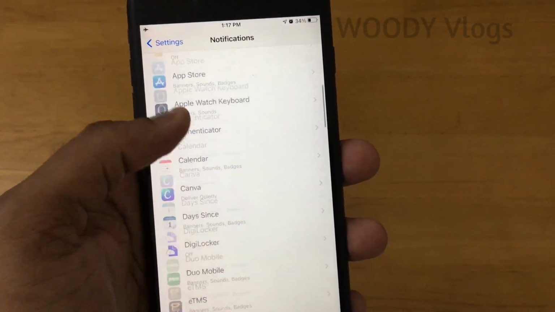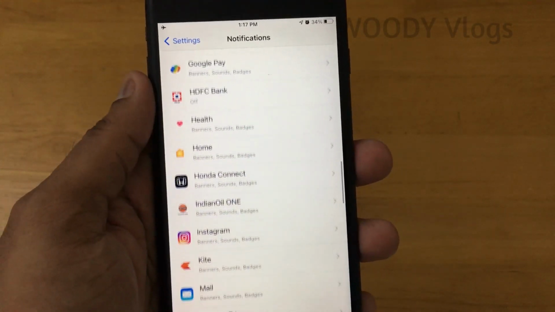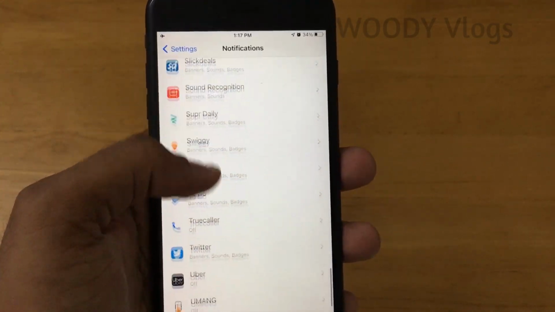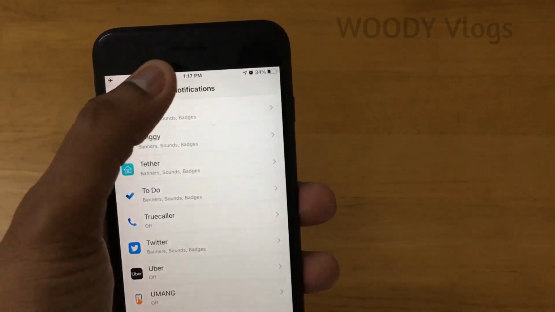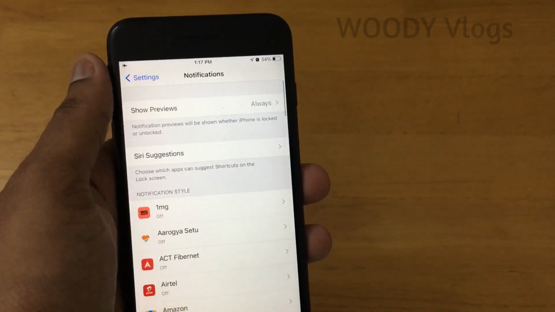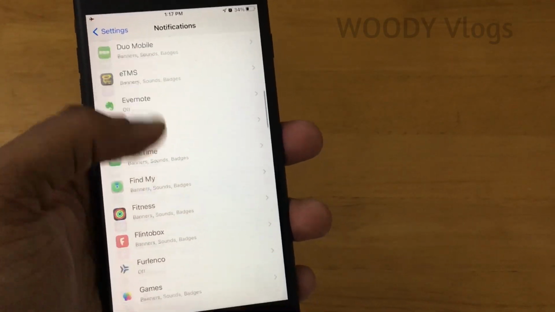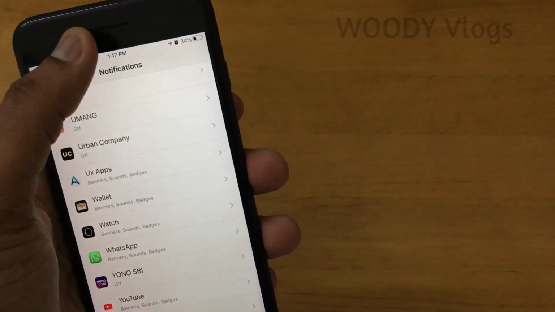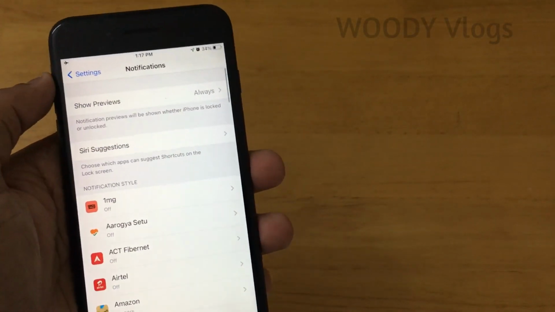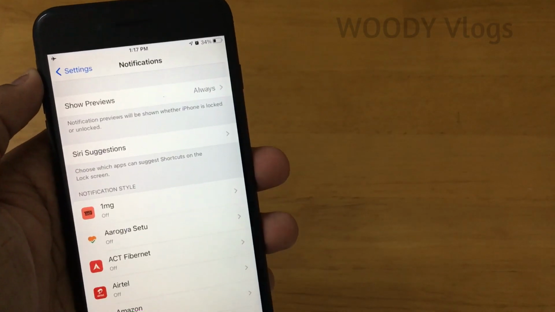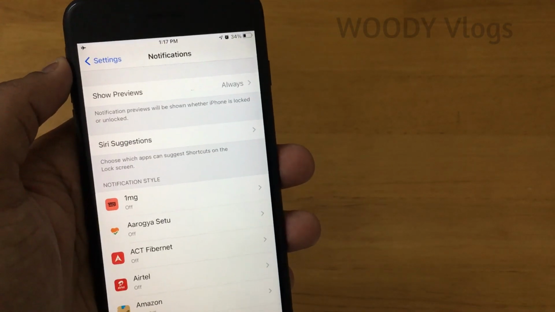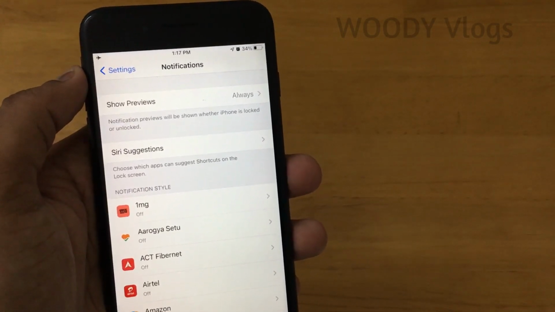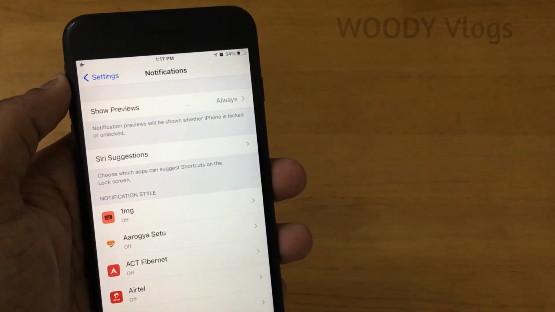Now, this one's my favorite. Out of all the tips that I'm sharing in this video, I would say this one is my favorite one, and I use this almost every day. That is, touch on the status bar to go to the top. Yeah, that's right. So if you're in a long list and you have scrolled down, now if you want to go right back up, simply you can touch on the top of the phone, the status bar, and it will take you right to the top. And the good thing is this works almost in all places, all apps. It's not like it's limited to Apple proprietary ones. So it's a really good one. Do give this a try.